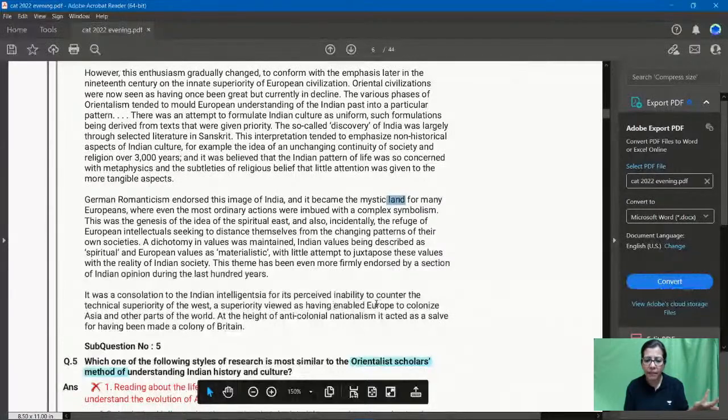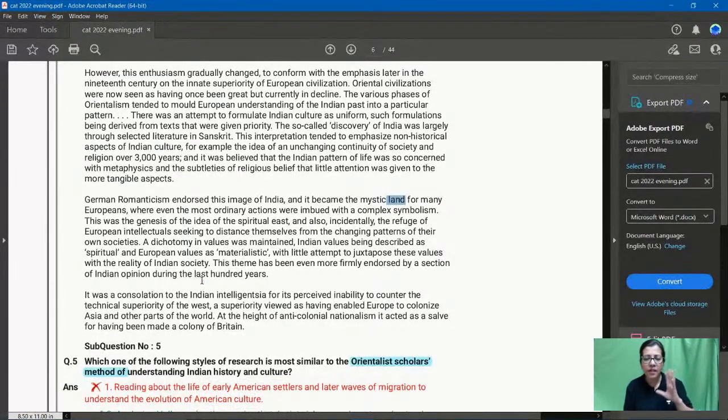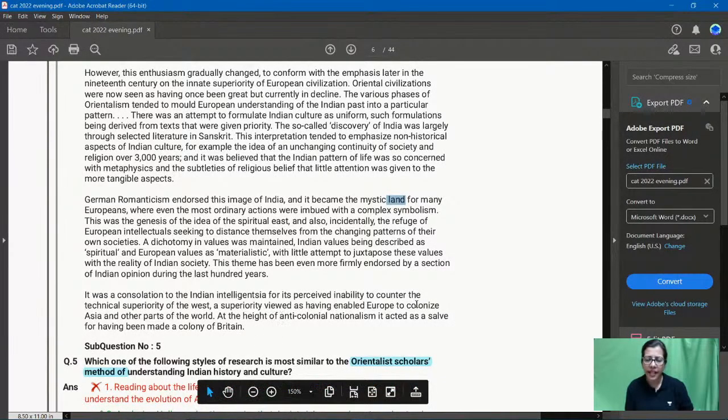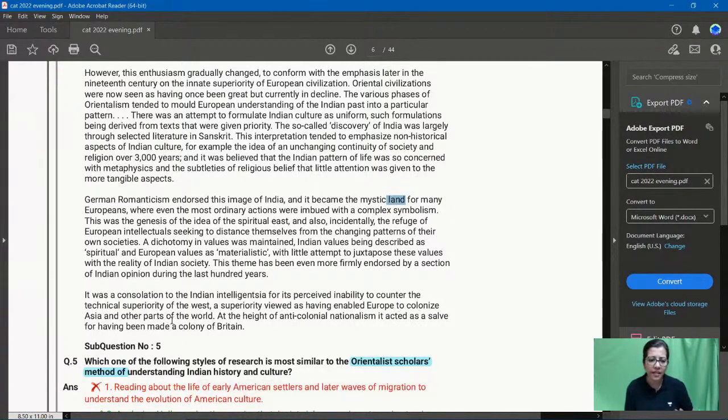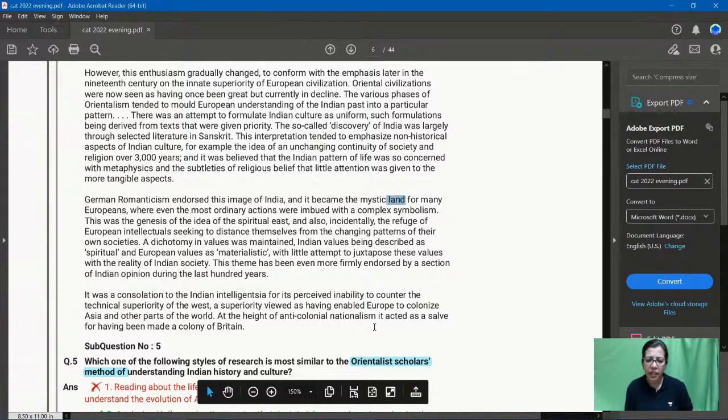For its perceived inability to counter the technical superiority of the West, which colonized Asia and other parts of the world. At the height of anti-colonial nationalism, it acted as a salve for having been made a colony of